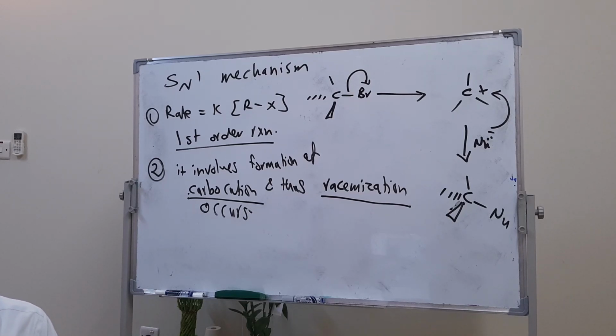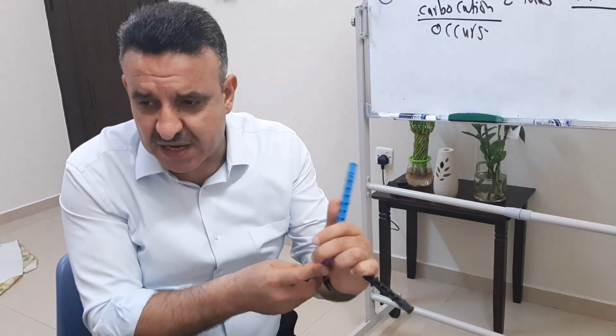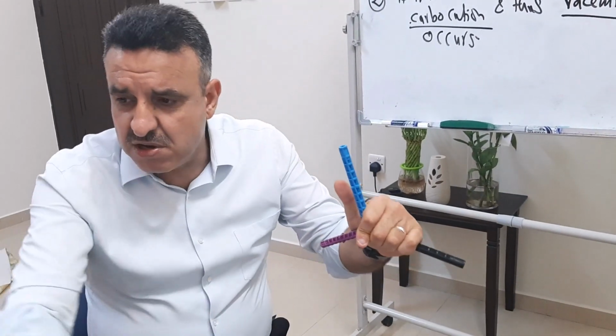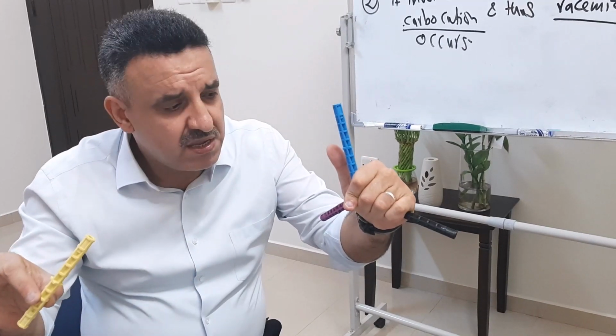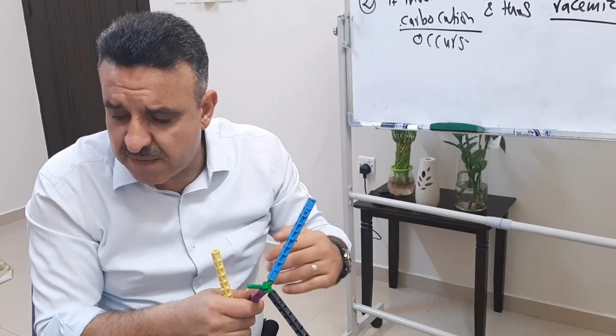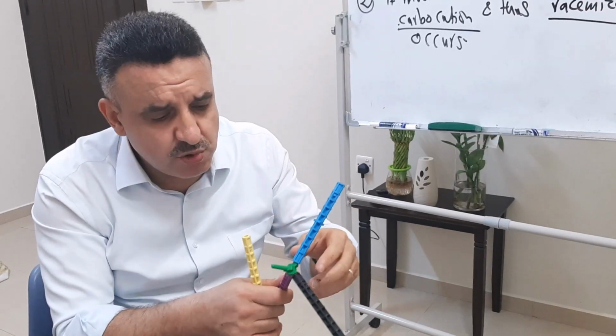When the carbon carries a positive charge, its hybridization will be sp2, therefore becoming like a planar system, like this. Now, at the second step, the nucleophile will attack. In the sp2 hybridization, we have two lobes here. This p